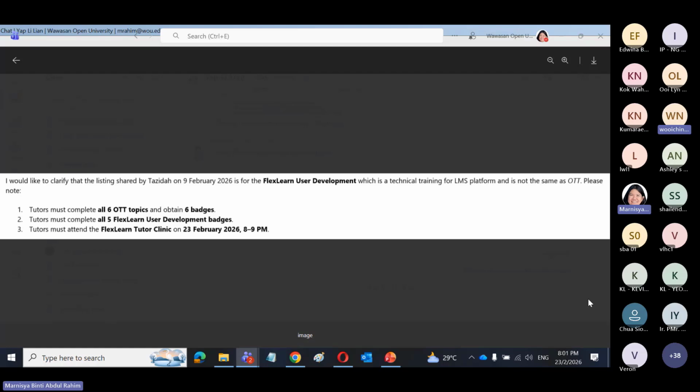So when we do that, we try to get feedback as much as we can. And then after that, we segregated the result and found the 5 items inside the user development that the tutor will need to maybe be more familiar and maybe apply. Okay, so in doing that,